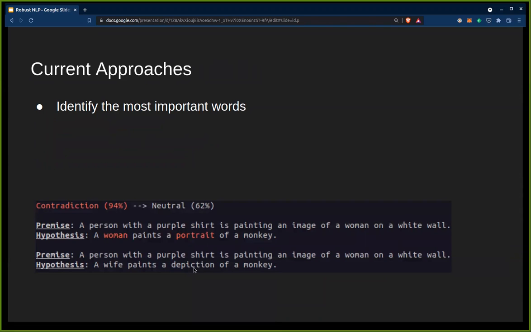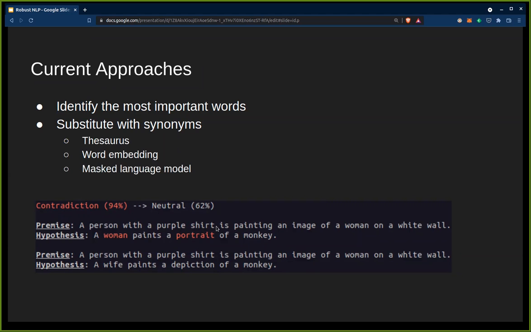Here are some current approaches, and I'm going to show a couple of cool Python libraries that can do these. The current approach is basically you just identify the most important words to the model, look at the gradient or something, and then you just substitute them with synonyms. So it's kind of a naive approach, but it's kind of the best one we have right now.